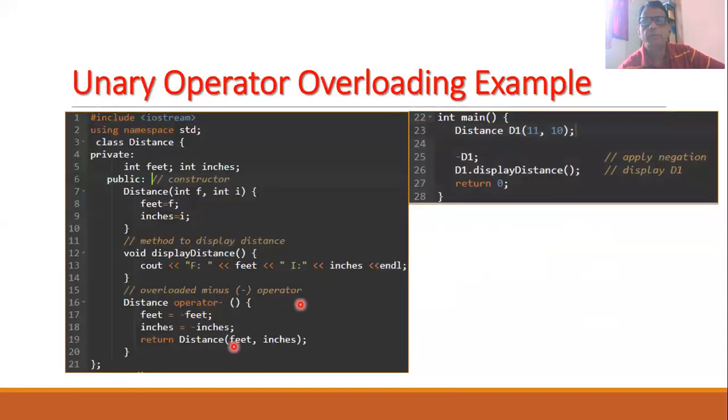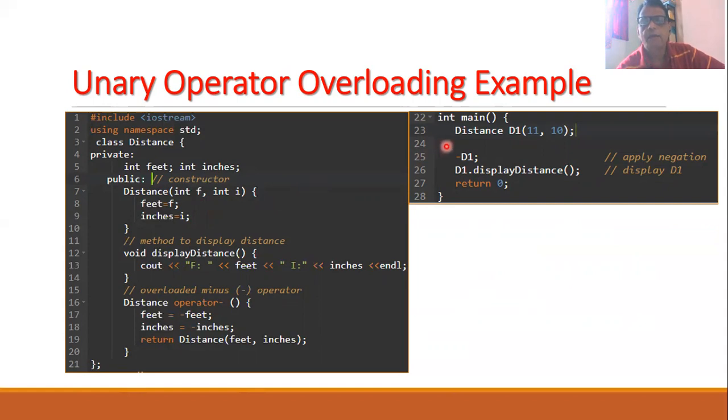Now in the main function, you will observe that we declare the object variable d1 of the class distance, and we initialize this object variable by passing the values 11, 10. So as you know, this constructor will be called, f will get the value 11, i will get the value 10. So feet will be assigned 11 and inches will be assigned 10.